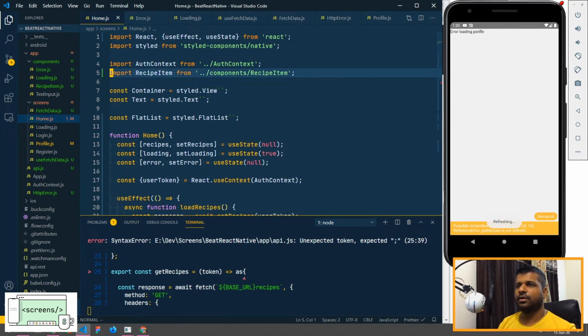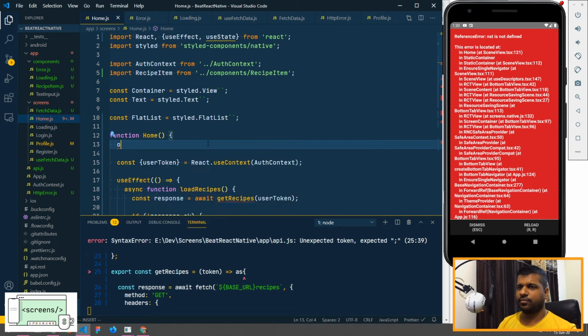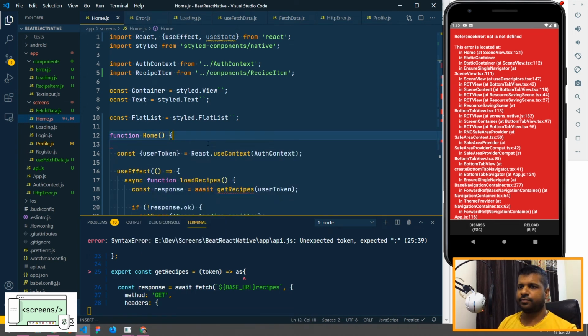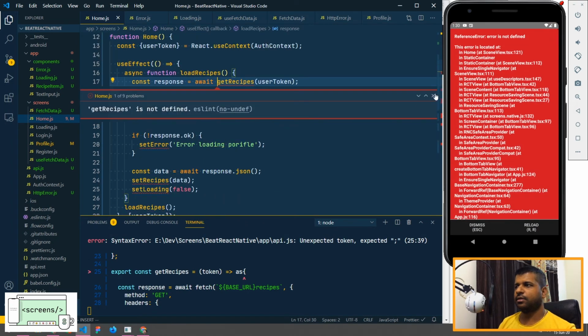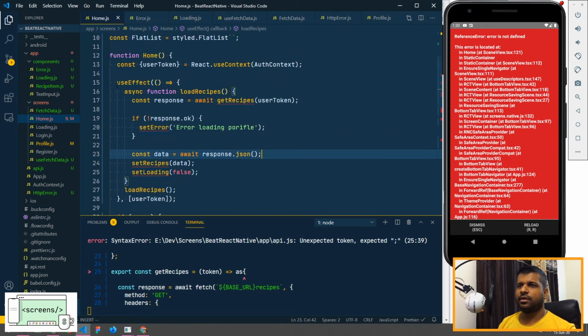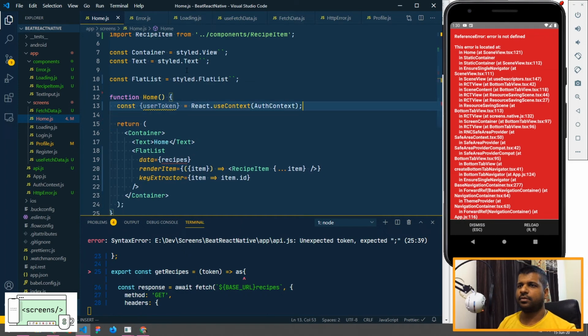We do need the recipe item, but we won't be needing these. We don't need this as well, and we don't need this.